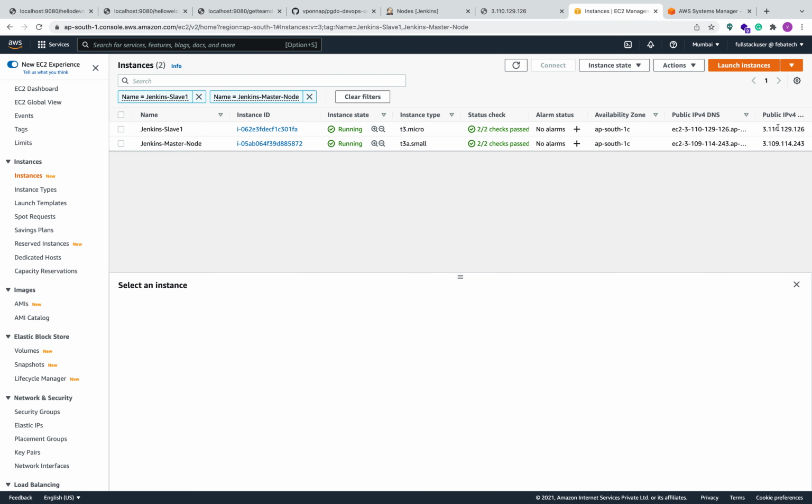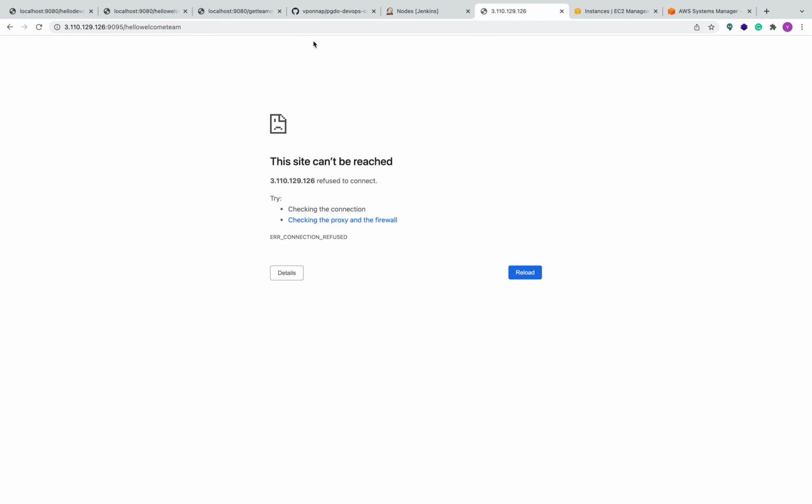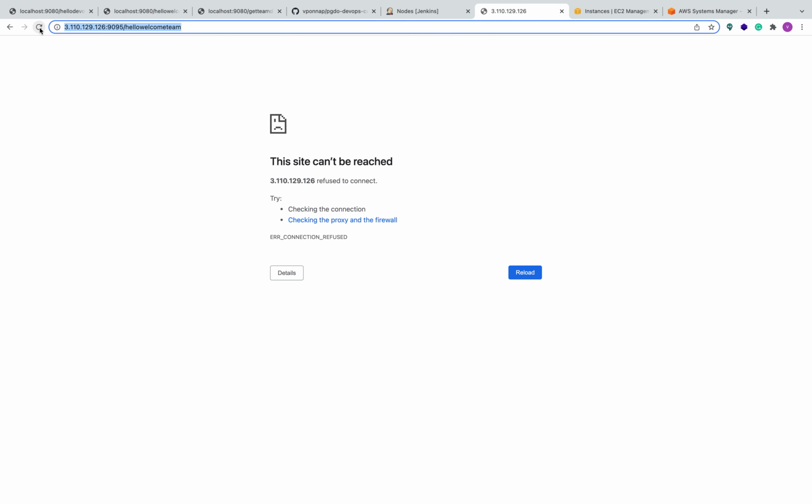So this is the same public IP address of this machine, and let's run all these one at a time. Now I can see the same local results on my container in the EC2 instance. Welcome to PG, and then let's run this. Oh, sorry.